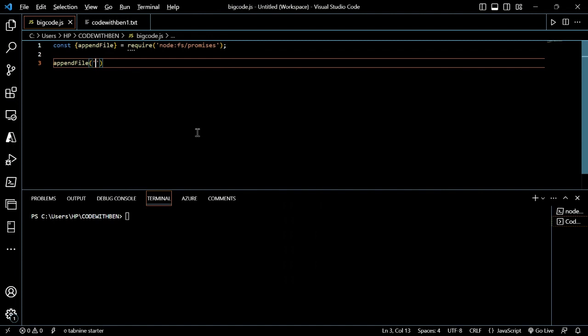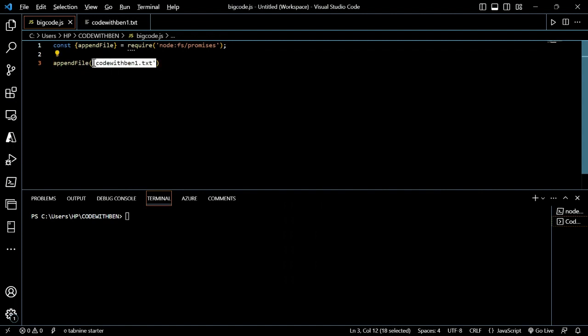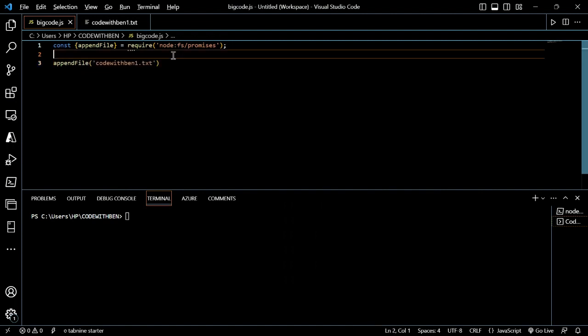So if you create it in the same folder, all that you need to do is just write the file name, code with ben one.txt. So always include the extension. Okay. Now, because I'll be using a lot of this file, I will want to reuse the file, so